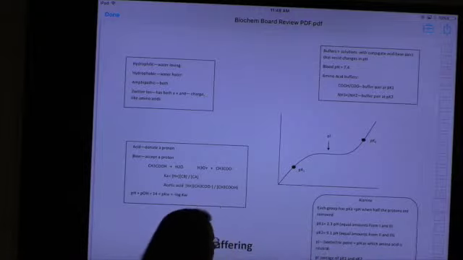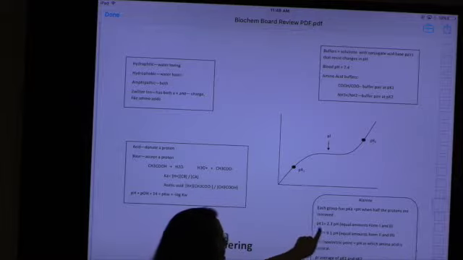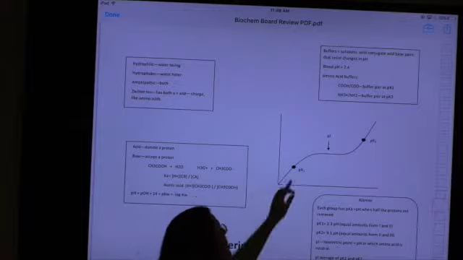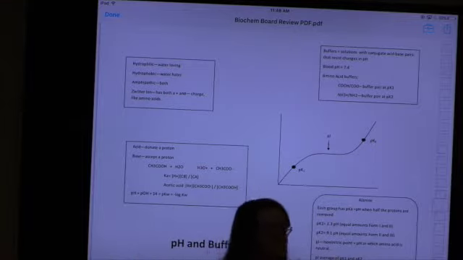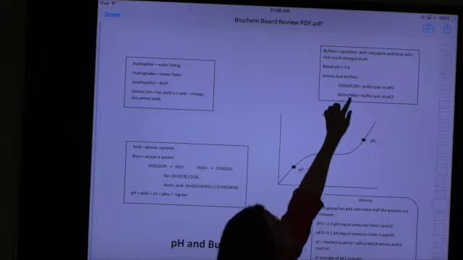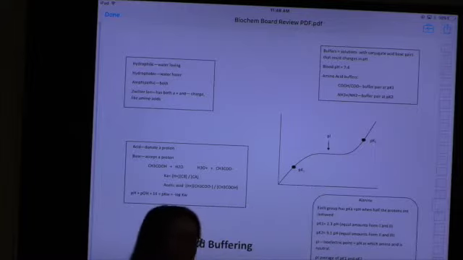So, for this chart right here, I use alanine, okay? So alanine, your pK1 is going to be around 2.3. That's when you're going to have equal forms of this and this. Does that make sense? So that's where it's going to be buffering. It's going to kind of go back and forth right there between those two forms. Yes? Okay? Your pK2 is going to be at 9.1, and that's where we're going to go between this and this as our side chain. So we're going to go back and forth between those two.